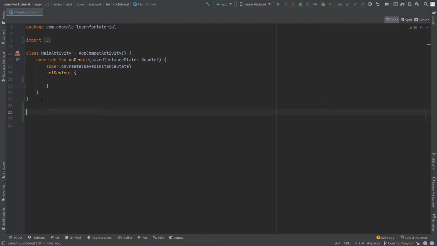As per the Jetpack Compose documentation, using nested rows and columns does not affect your app performance. However, it is okay to learn constraint layout and how to implement constraint layout in Jetpack Compose.